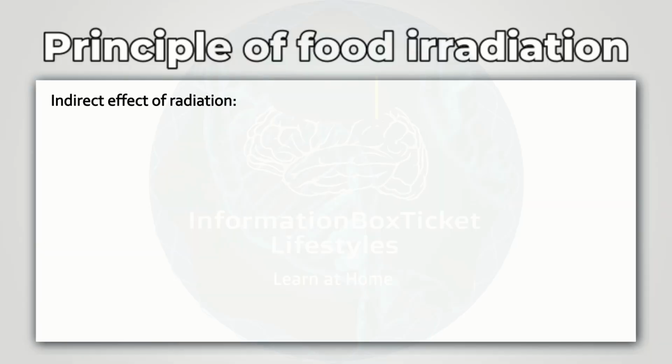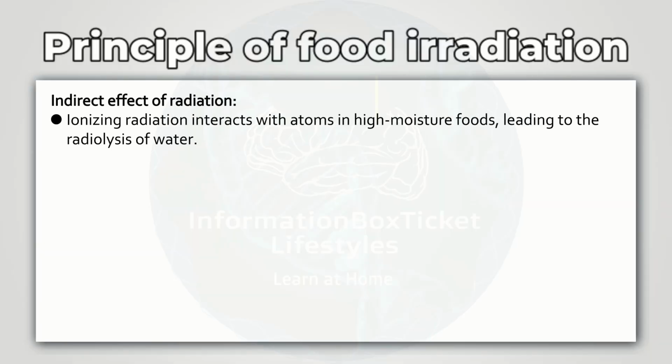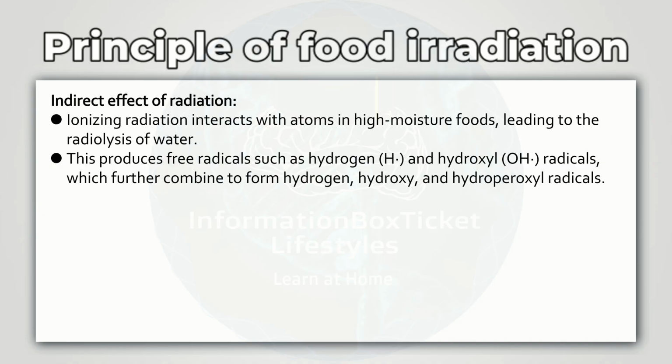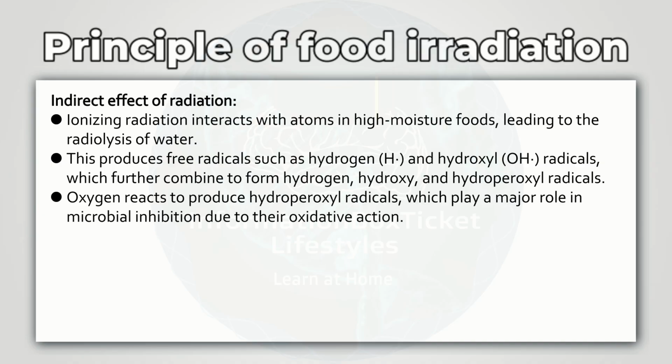Indirect effect of radiation. Ionizing radiation interacts with atoms in high-moisture foods, leading to the radiolysis of water. This produces free radicals, such as hydrogen (H•) and hydroxyl (OH•) radicals, which further combine to form hydrogen, hydroxy, and hydroperoxyl radicals. Oxygen reacts to produce hydroperoxyl radicals, which play a major role in microbial inhibition due to